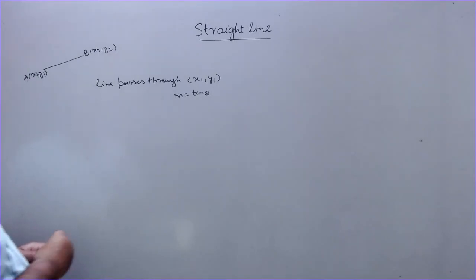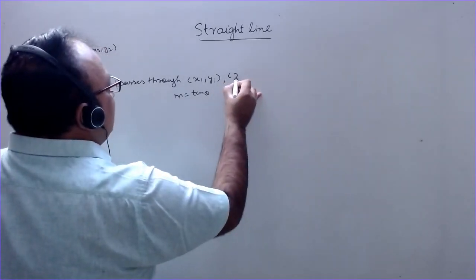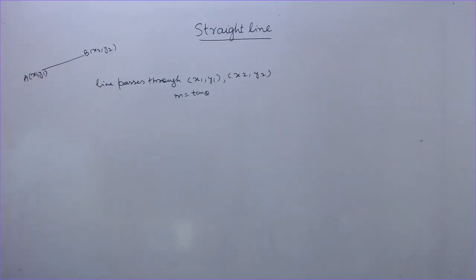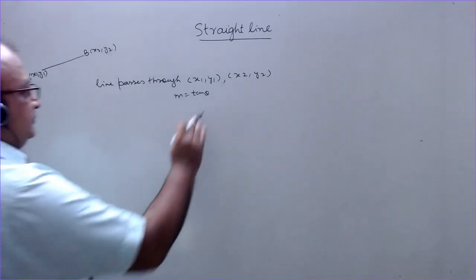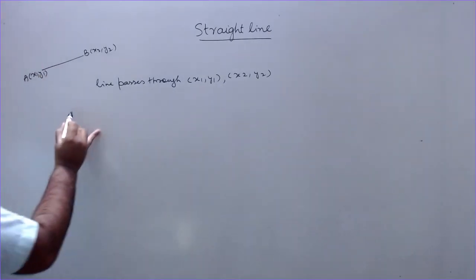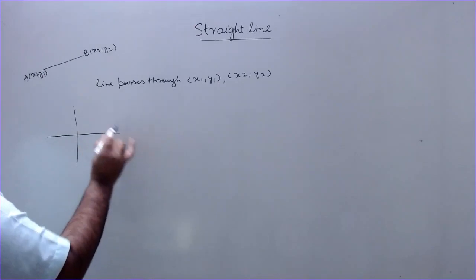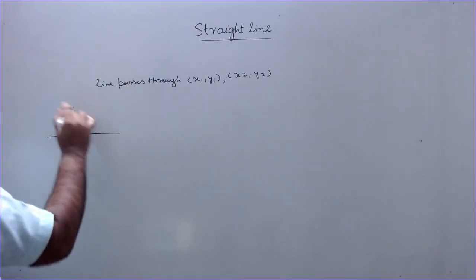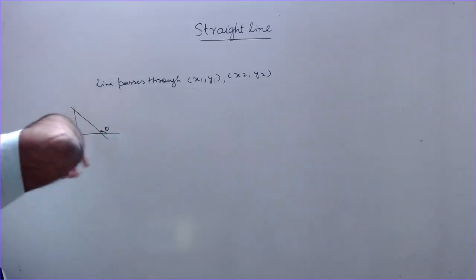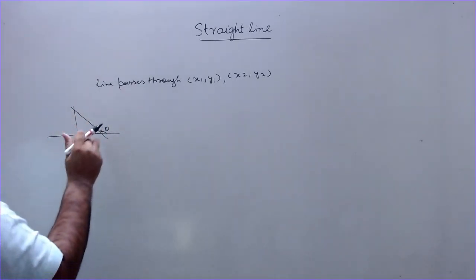The line is passing through x1 y1 and x2 y2. As you can see here, there are 2 points through which the line is passing. Now we have to write down the equation of this straight line. Suppose this is the line making an angle theta with positive direction of x-axis, means in this direction, counterclockwise direction, and